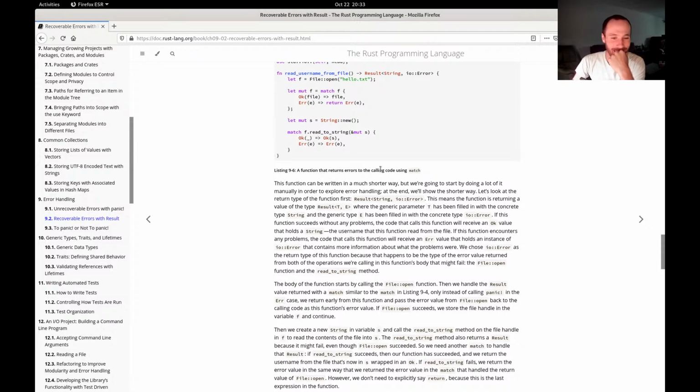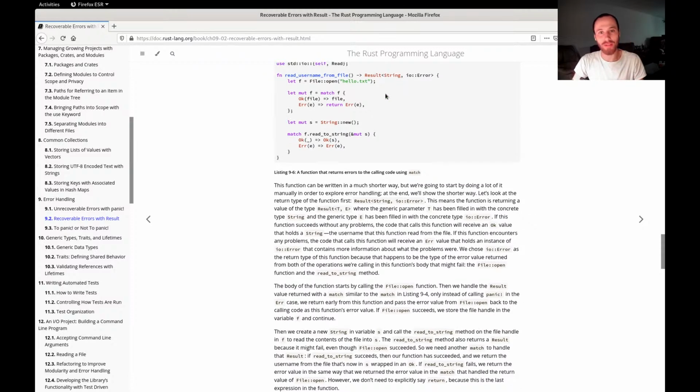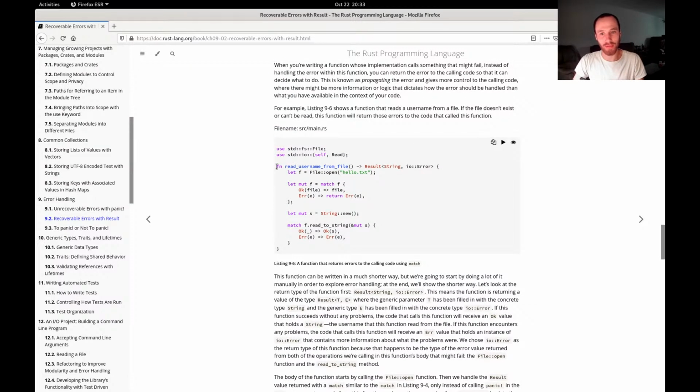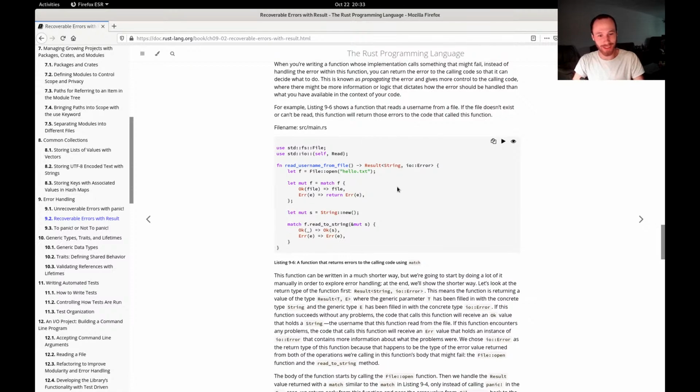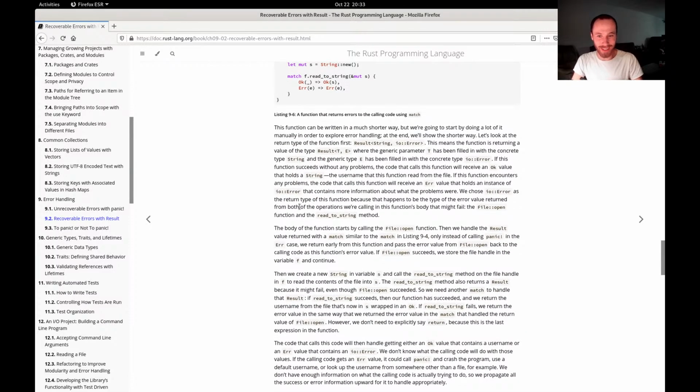Anyway, I suppose we could have just defined our own error type and say it's a rough error type. Read username from file, rough, and then we would have just passed along a struct that said rough days. Anyway,